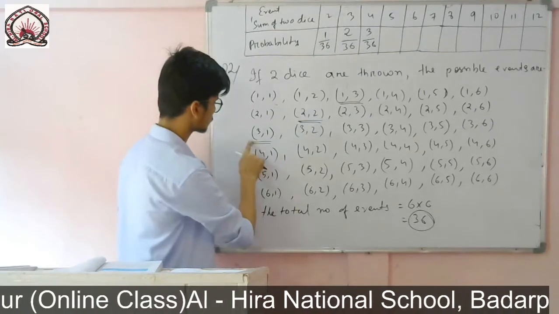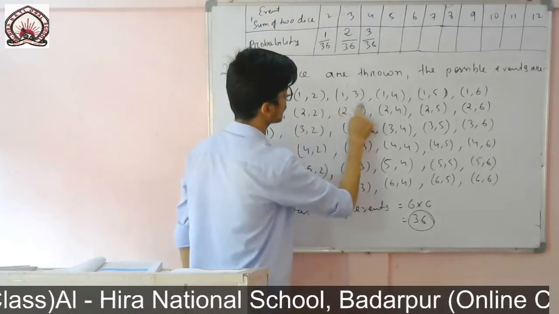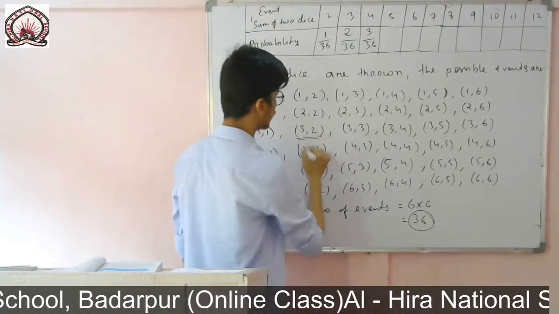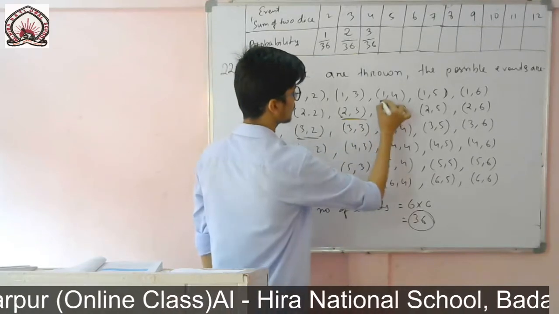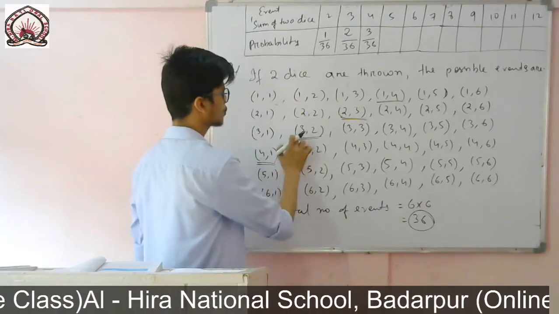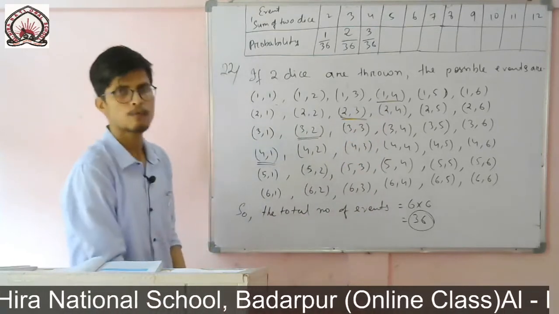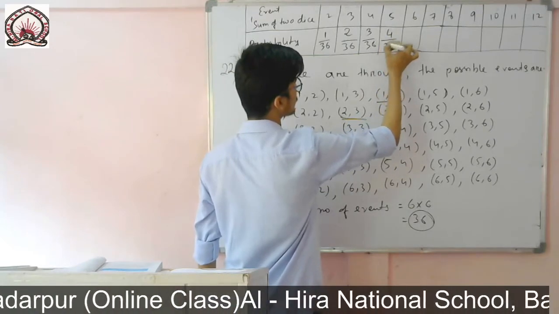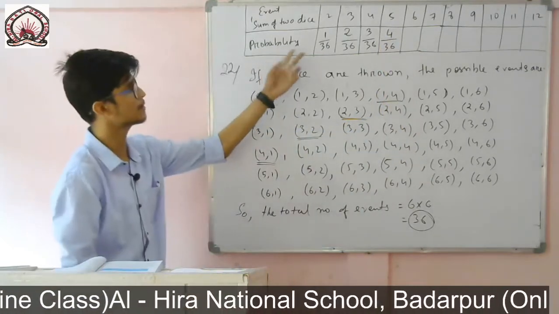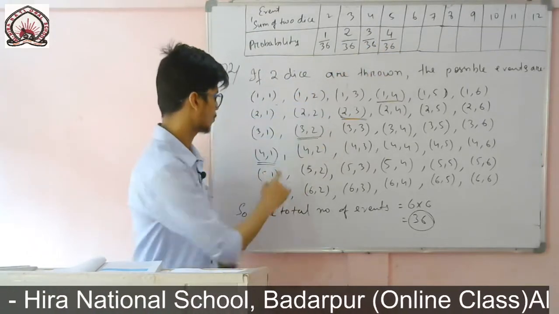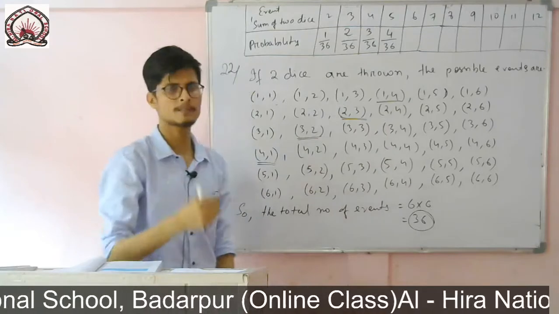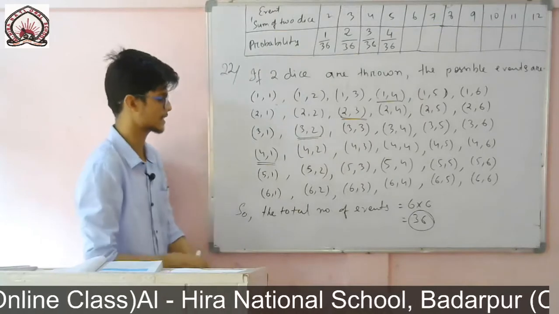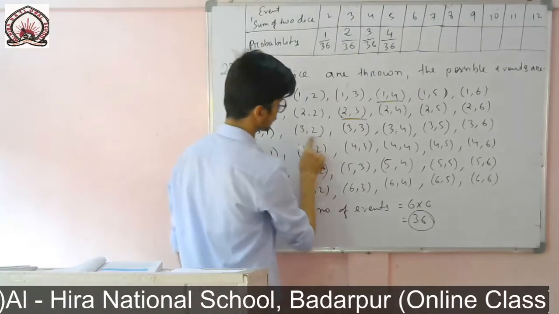The next one we got for 4. So now we will find for 5. 4 plus 1 is 5, then 3 plus 2 is 5, then 2 plus 3 is 5, then 1 plus 4 is 5. So 1, 2, 3, 4. So we are getting 4 events. So the favorable outcome will be 4 divided by the total possible outcome. We are finding the probability. This is our favorable outcome, 1, 2, 3, 4. There are 4 events. So favorable outcome is 4 divided by the total possible outcome, it is 36. Okay, now you see next one.